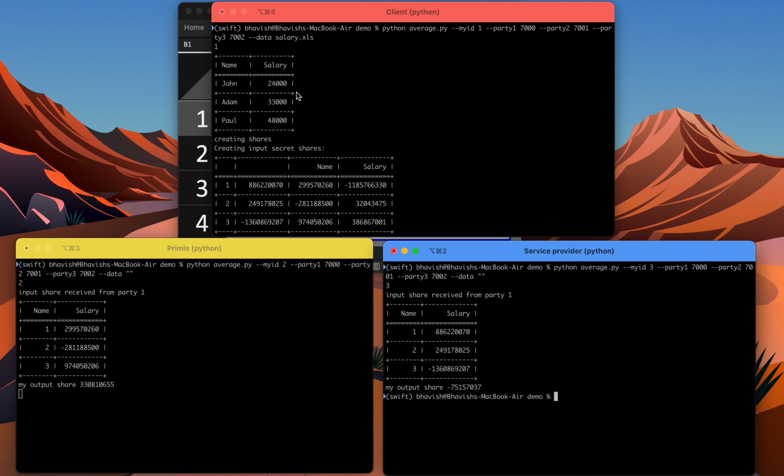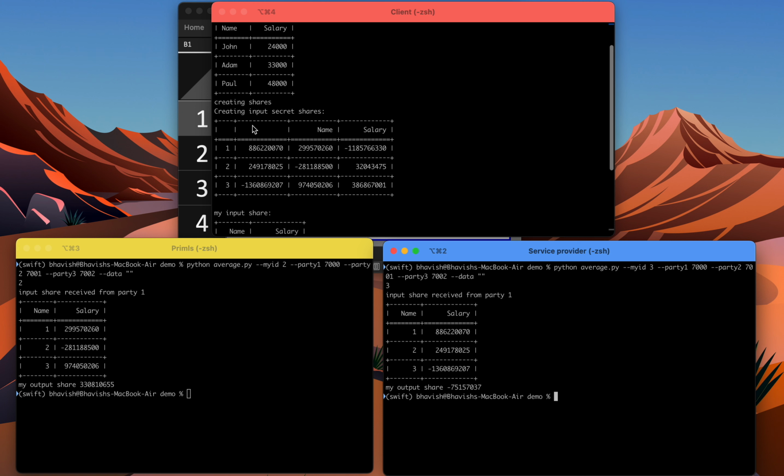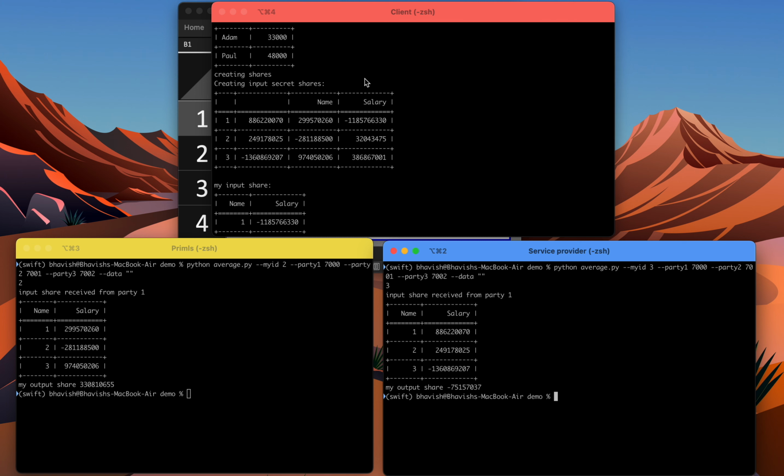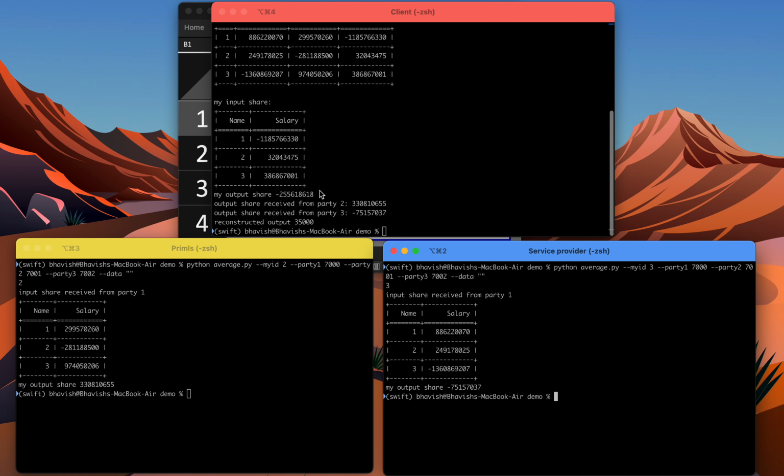So the client server first reads this data and splits the data into three different parts, such that no part of the data reveals any information about the underlying data. And then the client server shares one part of the data with the PriML server and one part of the data with the service provider. All the three